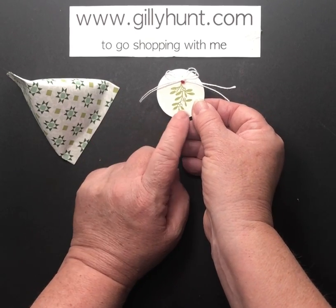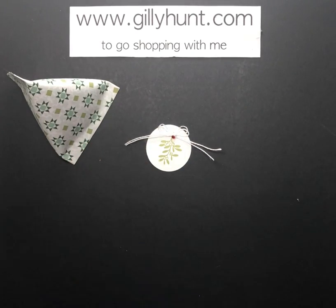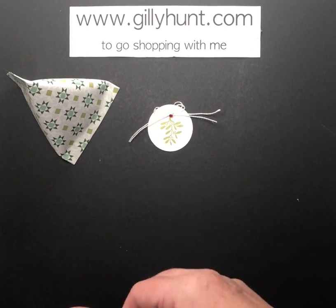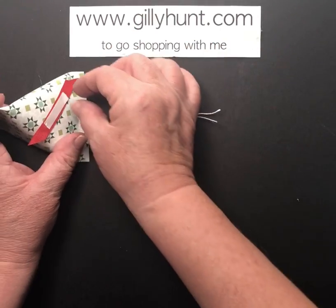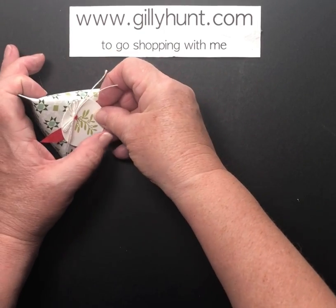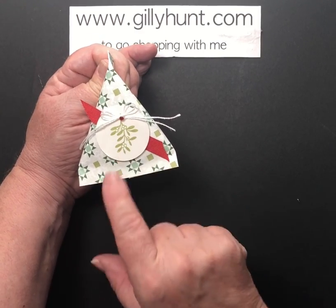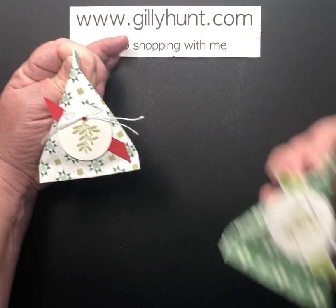Okay, so there's my mistletoe, and there's my bow, and all we need to do now is to pop that on the front. But I have actually put a little red dot rhinestone on mine, so I'm going to repeat that with a little bit of red ribbon. So I'm just going to put a piece of red ribbon across, there we go, and that just reflects with a little piece of the red rhinestone, and the red ribbon just adds a little pop of colour. So there's one, there's another,